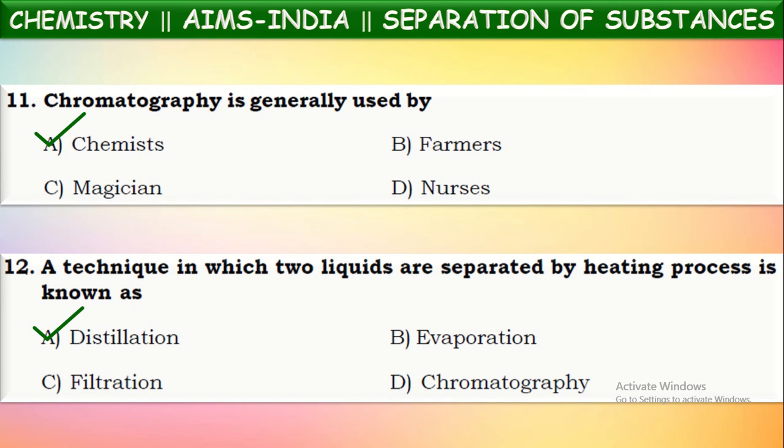It means distillation occurs at a fixed temperature. So when a mixture of two liquids is heated at a fixed temperature, at that temperature only one of those two liquids will evaporate, and the other will remain in the liquid state. Those vapors will be collected and cooled and collected into another container in liquid form. This process is called distillation. Okay.